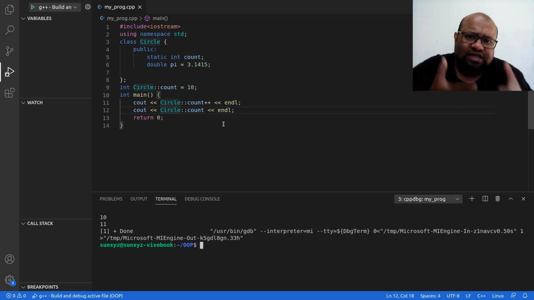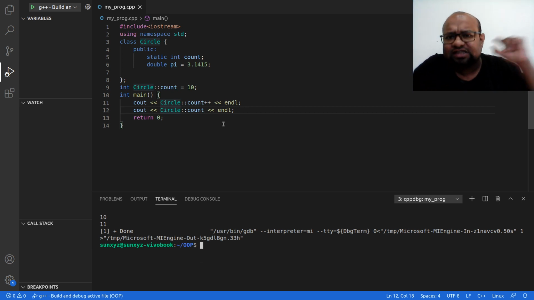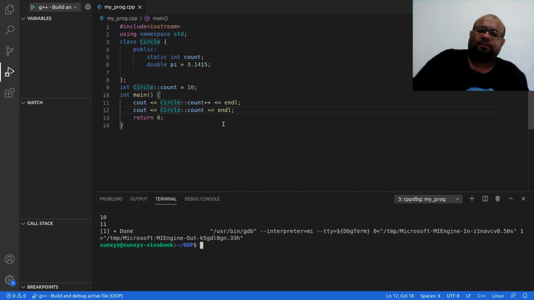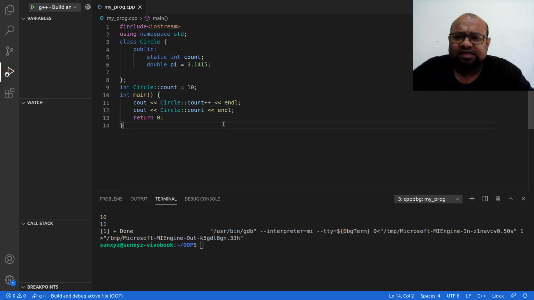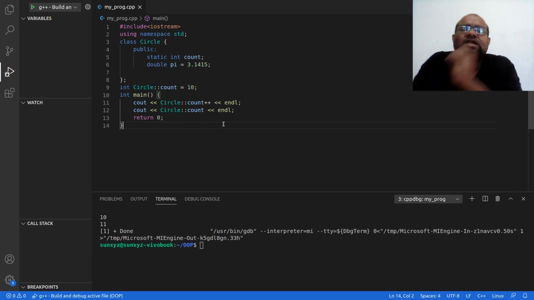Right now I cannot access pi. Why? Because I did not create an object. This variable pi is not there anywhere in my memory. But count is already allocated memory at the start of my program.